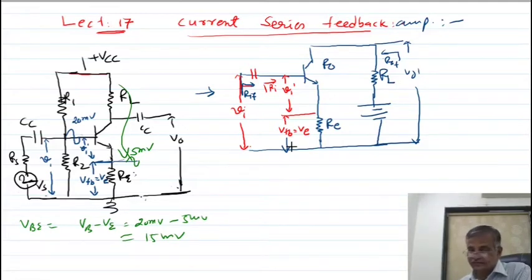I want to analyze. You know R1, R2 is nothing but the voltage divider bias. RL is nothing but the load resistance across which the output voltage is developed. RE is used for thermal stability, means with the help of DC feedback. Now let us analyze the circuit. First I will find the value of K, how much feedback factor you are giving. So look here, how much feedback factor you can give. You know the feedback voltage is nothing but K into VO dash.